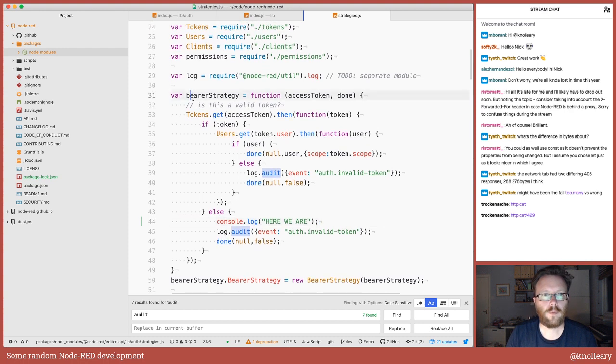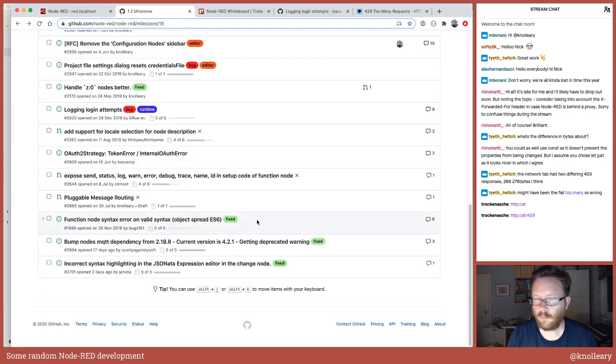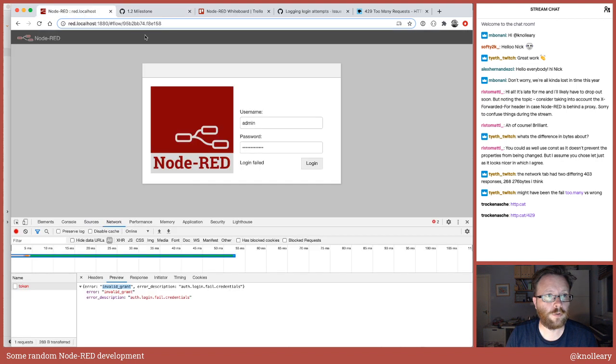Okay, so what I'm doing here is, here's another place where we're doing some auditing and we're not including the request because we don't have access to it. And this is where they've already logged in, or they claim to have logged in, and they are providing an access token and we're validating it. And if it's not a valid token. So I've just stuck a console.log just to confirm, because if we're going to test it, I want to make sure what I think will test it is actually